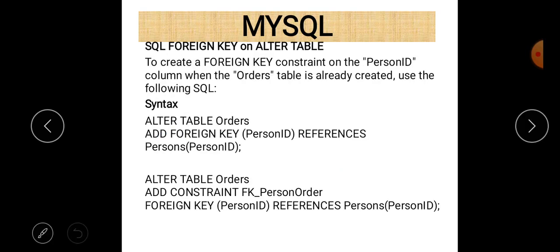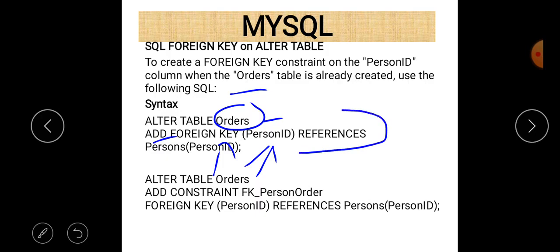Next is SQL foreign key on alter table. To create a foreign key constraint on the person ID column when the orders table is already created, use the following SQL syntax. Alter table orders, where orders is the name of the table, and then add foreign key and the name of the foreign key in parentheses, and then references. References is a keyword, and after that we use the parent table, that is persons, and in this persons table there is a column named person ID.